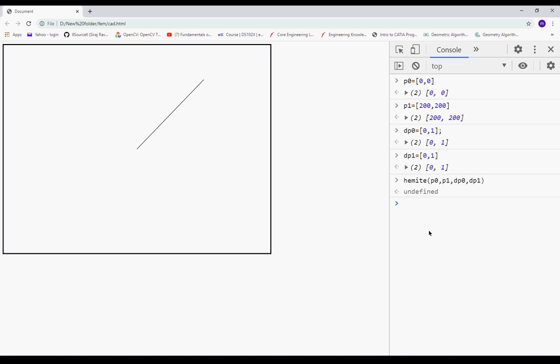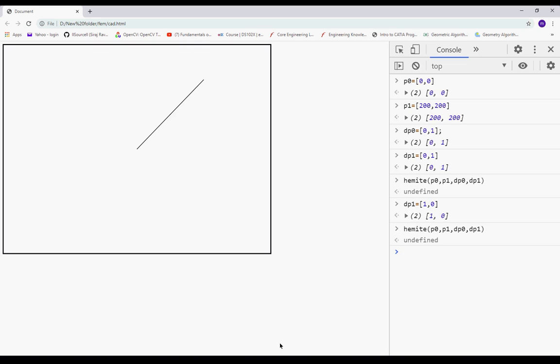What I do is change this to 1, 0, and then Hermite again. I am getting the same thing. So there is a bug in it that we now have to solve. I am getting a line, that's very clear.